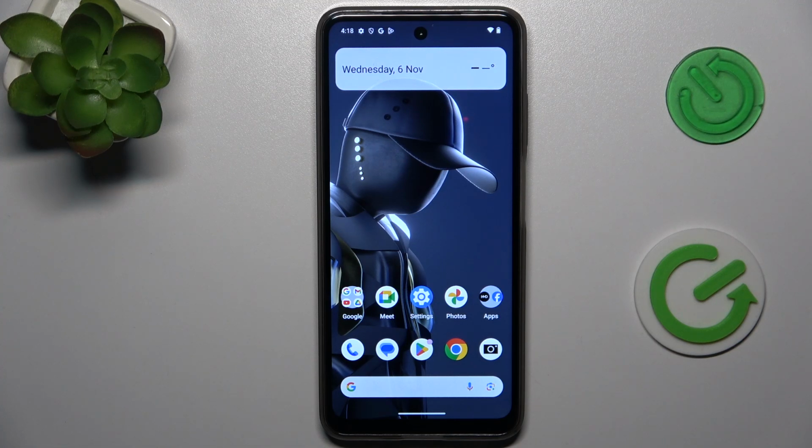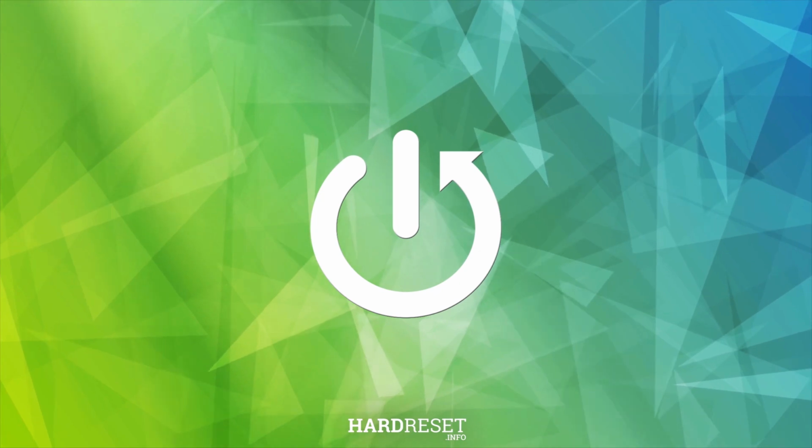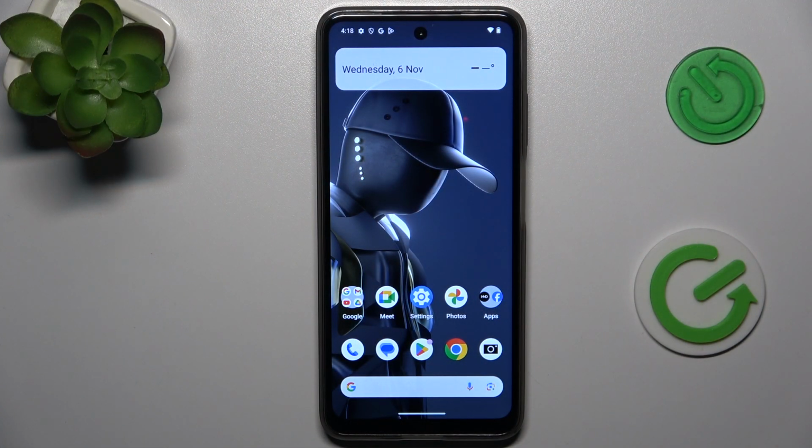Hi everyone, in front of me I've got HMD Fusion, and let me share with you how to change the 3 buttons navigation into the gestures in this device. So if you want to replace the 3 buttons navigation with the gestures, all you have to do is to